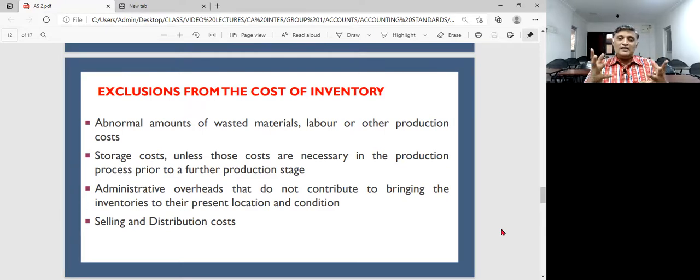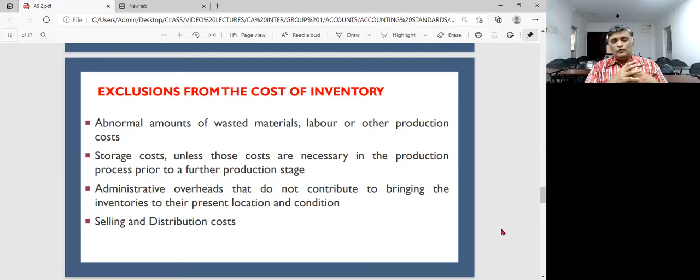So you can't include that as part of inventory, because if you do that, what will happen? You will be concealing that fact. People will not know. You will be enhancing the cost of consumption. Rather, you need to bring that into light by treating it as an abnormal item and debit the P&L, and you need to fix responsibility on those people who were responsible for that excessive consumption.